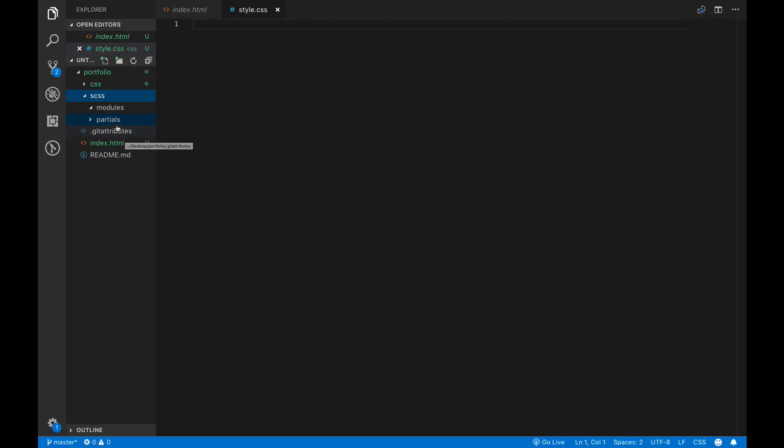So you want us to do the modules and the partials under the SCSS folder? Yes, inside the SCSS folder. So inside these modules and partials folders we will have SCSS files. And then another one that we're gonna have is called vendor, and we'll do this first